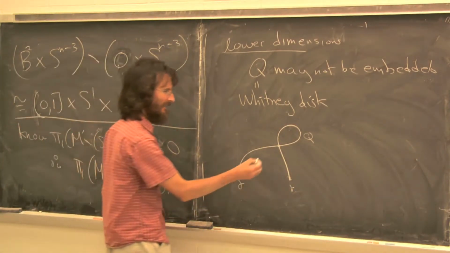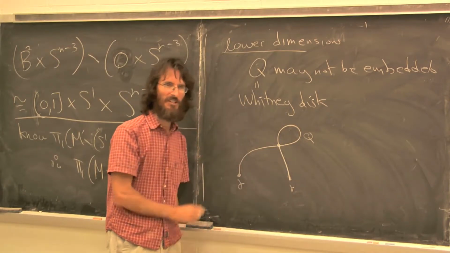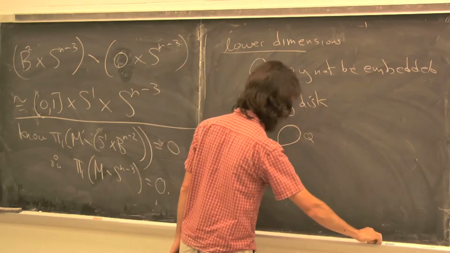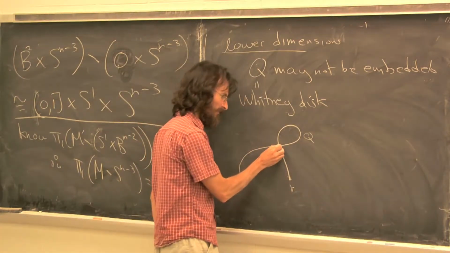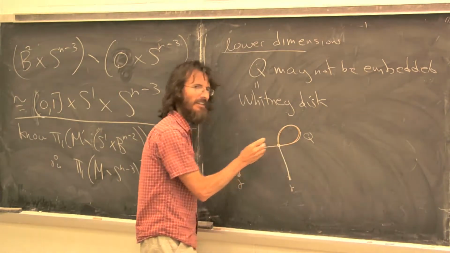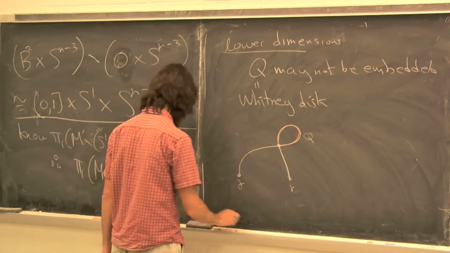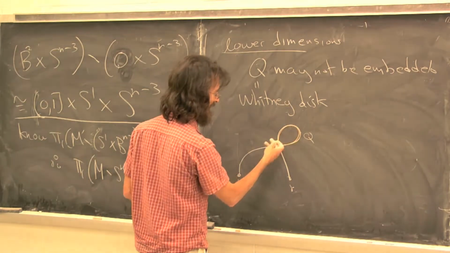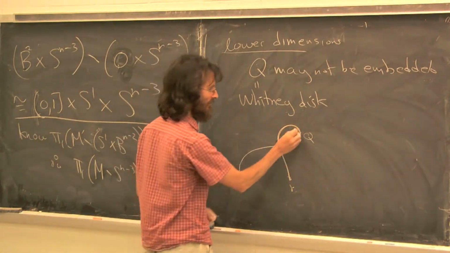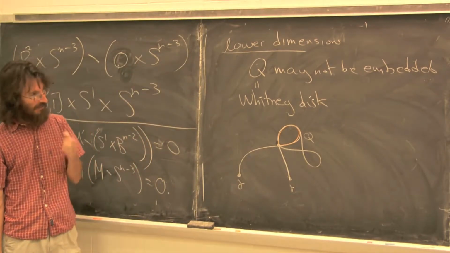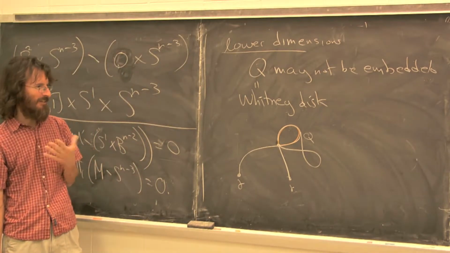And so then you don't have 2 points of intersection now. You just want to eliminate a single point of intersection. So you say, let me take my single point of self-intersection and take a loop in Q that goes around there, and then repeat. Okay, and of course you should expect that, again, you're in a simply connected manifold, so that bounds some embedded disk, right? And well, in a nutshell, which I don't understand,